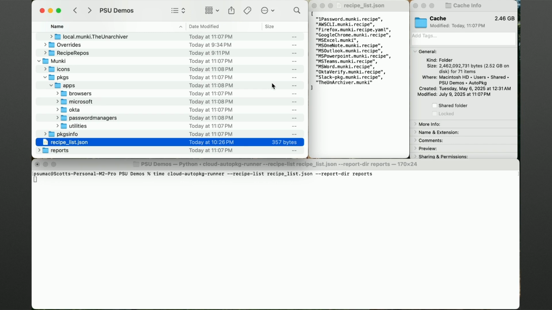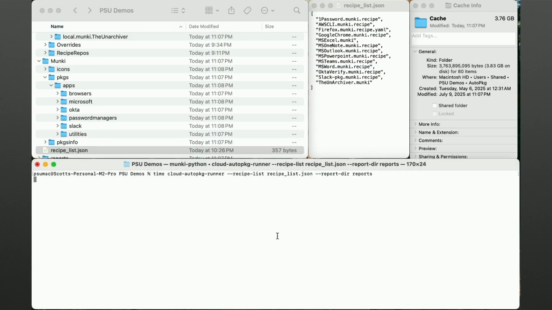So it also will create secondary threads for some of the blocking functions. And for those of you who don't know what that is, it's things like reading and writing from disk, and there's some other things like that. So this tool doesn't have to wait. The main thread doesn't have to wait for it to write one file to write the next, to write the next. It can do all those concurrently as well.